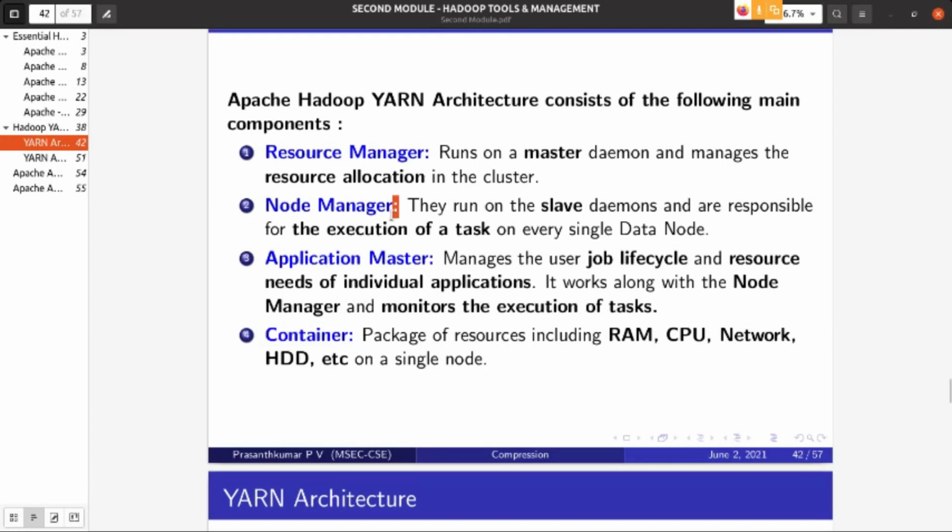What we have studied as a part of MapReduce is that it is a master-slave architecture. Master is there, slave is there. In the framework, some node we call the master, and specifically the job tracker.